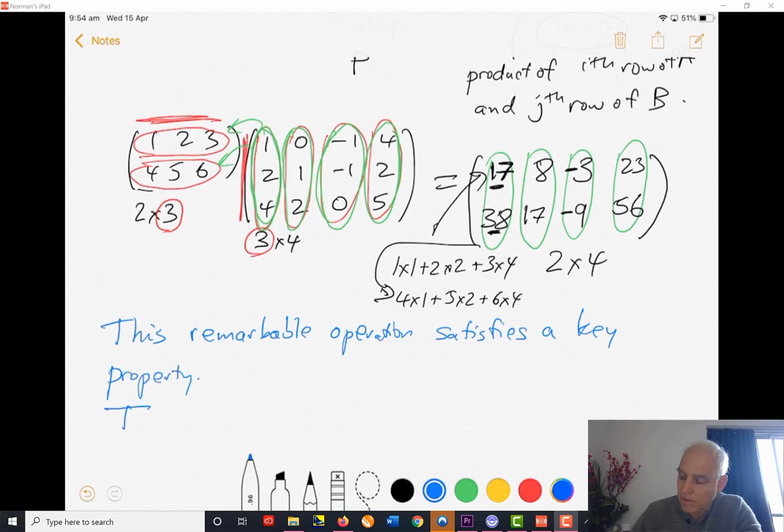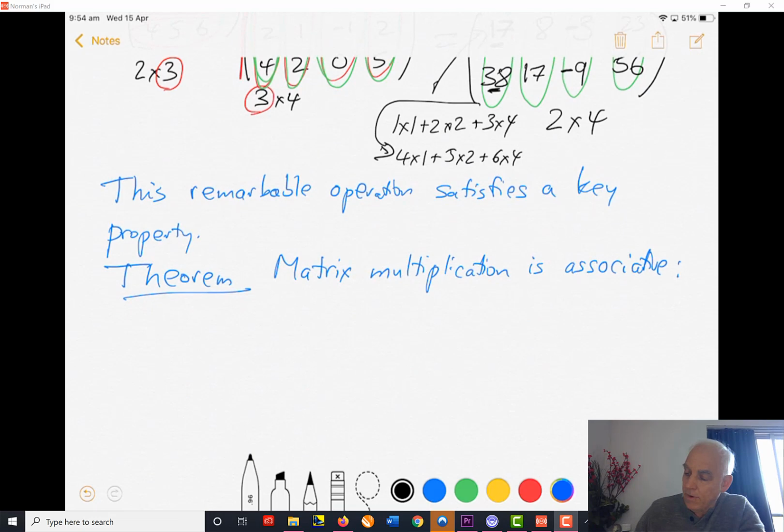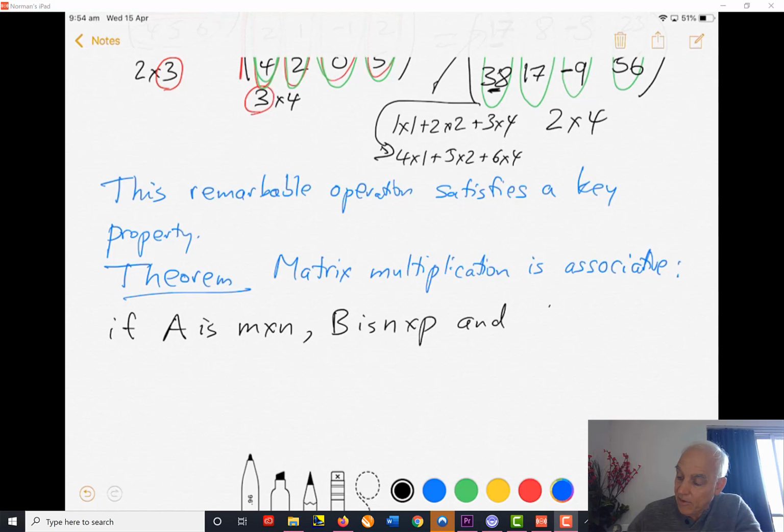We're going to say this is a theorem. Okay? The theorem is that matrix multiplication is associative. That means, okay, what does that mean? That if, say, A is an M by N, B is N by P, and C is, say, P by Q, then